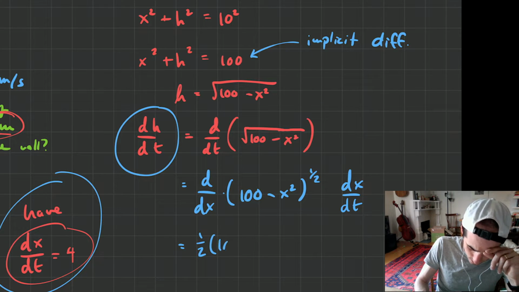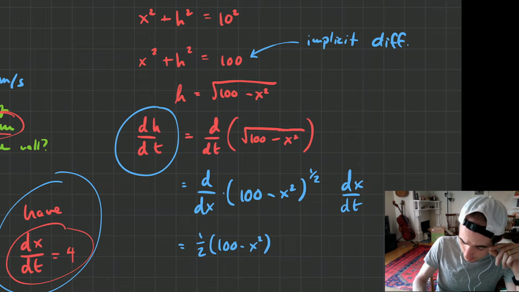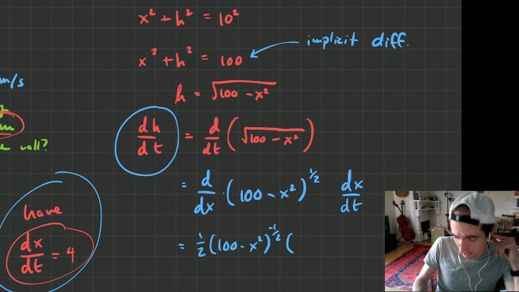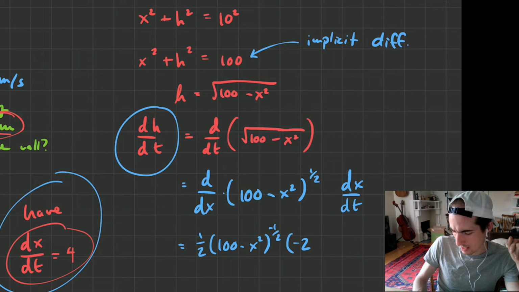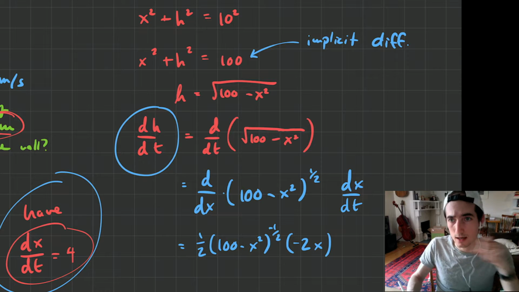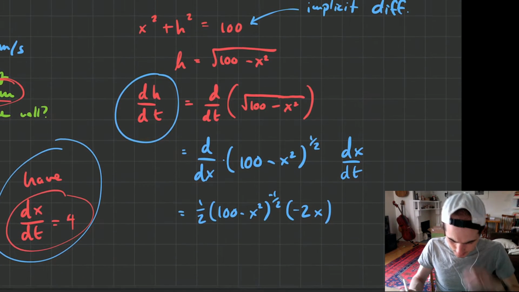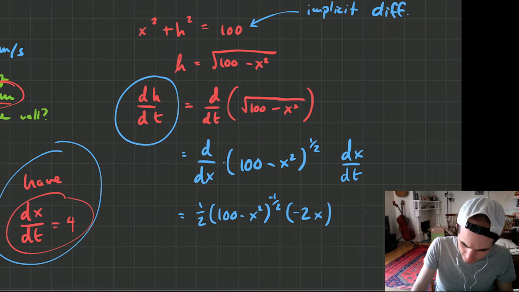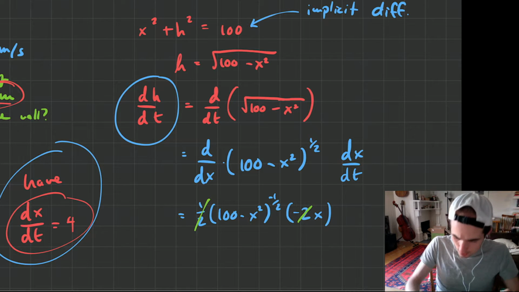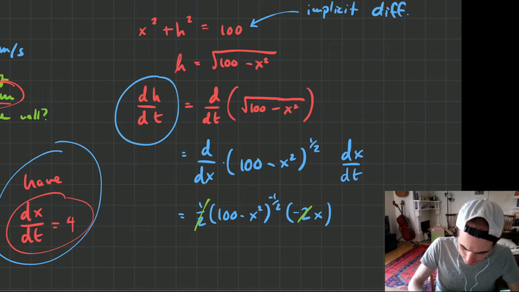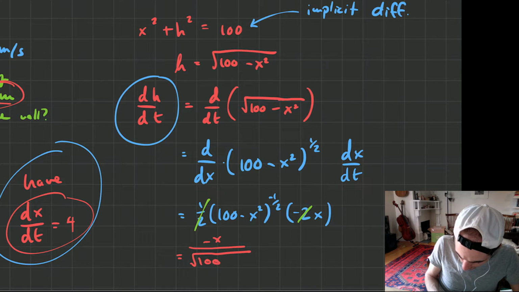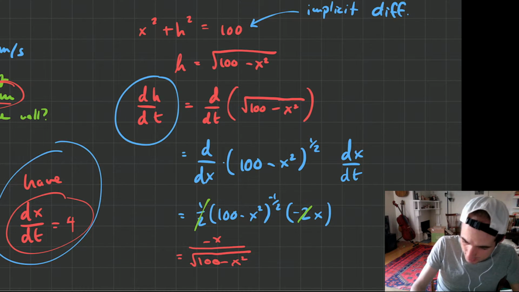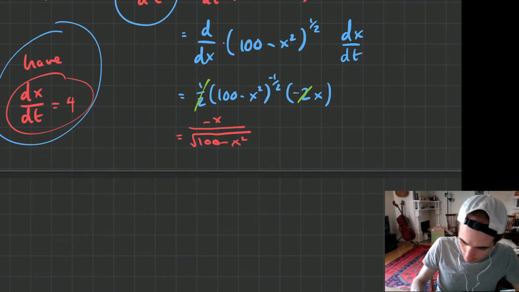1/2 of 100 minus x squared to the negative 1/2 times the derivative of the inside, which is negative 2x. Yes, I think that's right. And then this 2 is going to cancel with the half, right? So I'm going to get something that looks like this. This is equal to negative x over the square root of 100 minus x squared. And I forgot the dx